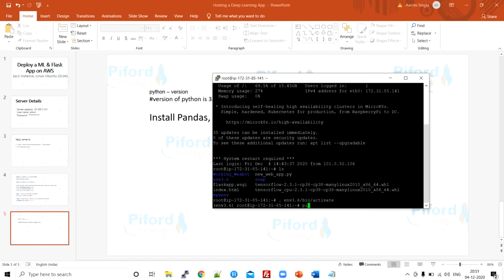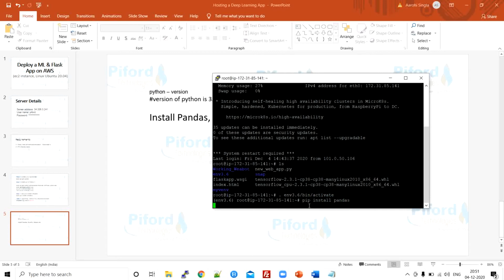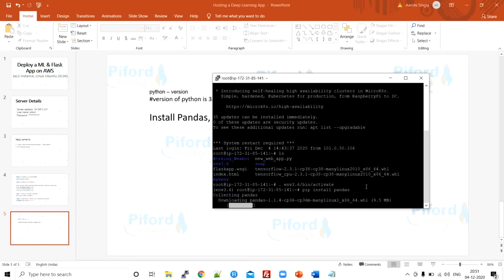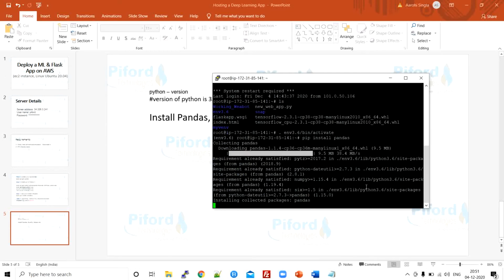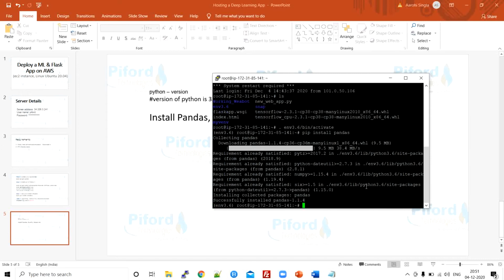Let's suppose we want to install pandas. Just write pip install pandas as we do on our local computers. In the same way you can install pandas over here. See, it is installing pandas, right? Most of the requirements are already fulfilled on my laptop. So in the same way you can install other packages, other modules.